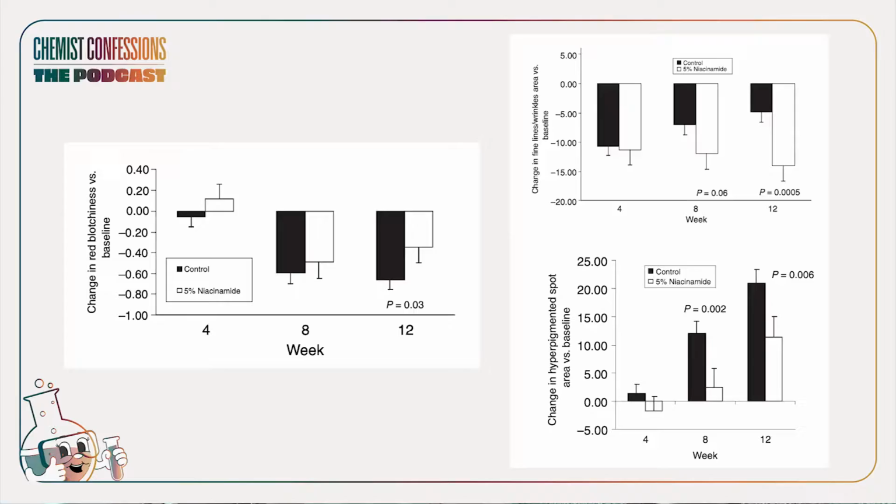It's a very straightforward paper, so that's why I didn't go into it as much. But we'll show some of the results here. But all in all, hopefully that kind of gives you an idea of the benefits of niacinamide between the percentages of 2 and 5% and what it can do for skin. My goal in sharing some of these results, and I know it sounds kind of weird because a lot of it was actually spent on placebo effect,